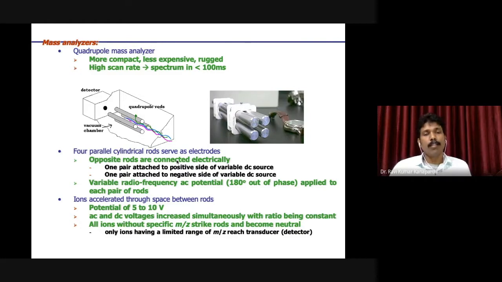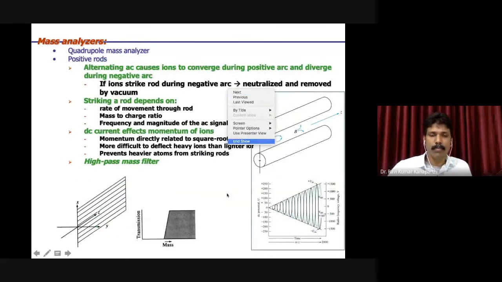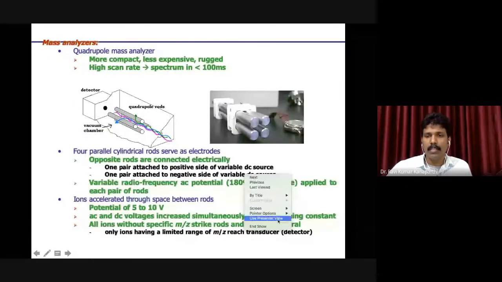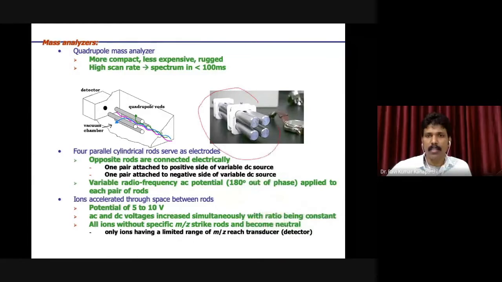Another component here is the quadrupole mass analyzer. So quadrupole, as the name suggests, the quadrupole ionizers will have 4 poles, as you can see on the right hand side. This is the quadrupole ionizer arrangement. In this arrangement you have 4 poles, basically cylindrical rods, and these two and these two